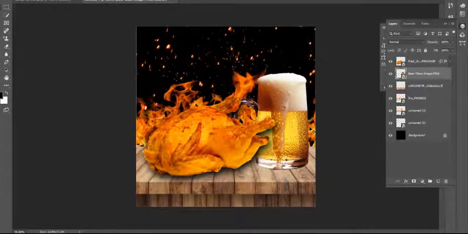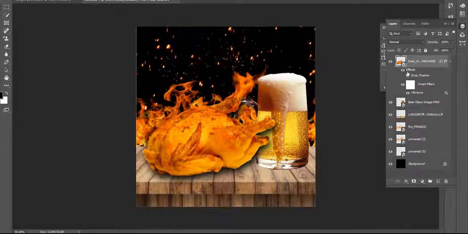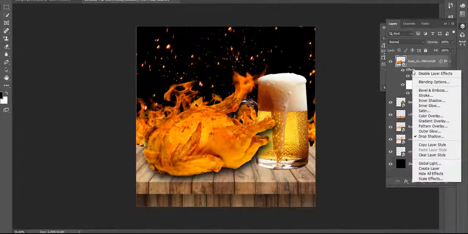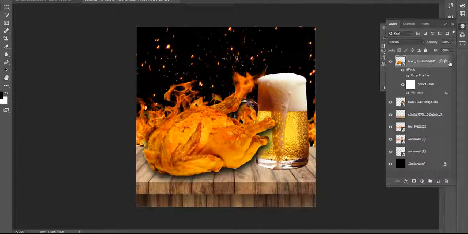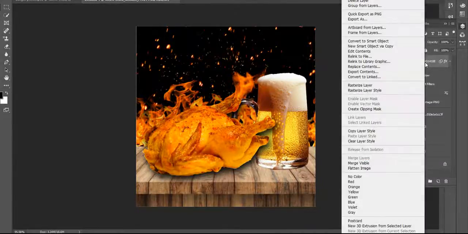I have a beer glass and chicken, and I want to apply the same shadow on my beer glass which I applied on the chicken. So I select the chicken layer and open the effects. I placed a drop shadow here. Then I right click on the layer, and you have to copy the layer style.